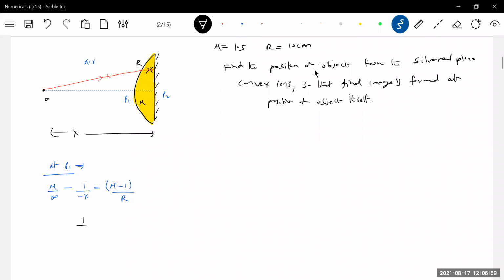So this should be equal to 1 by x. Mu is 1.5 minus 1, R is plus 10. X equal to, this will be 1 by 2, plus 20 centimeter is telling. Yashovardhan, check yourself. You are proposing something, no? Why don't you verify? Because already optics is over, no, for you. It's not first time you are listening.